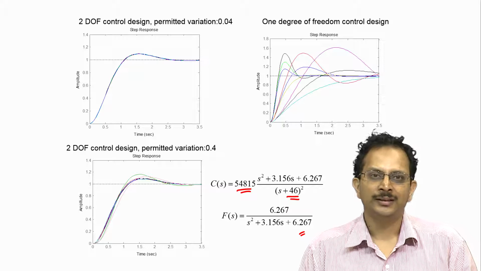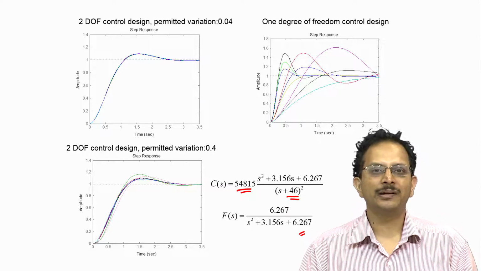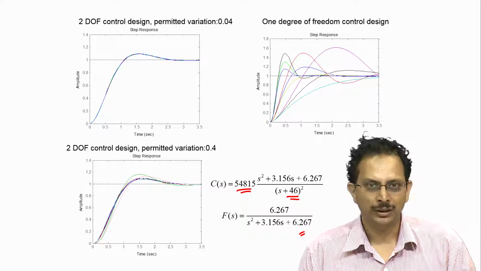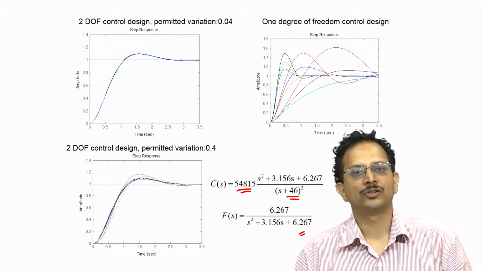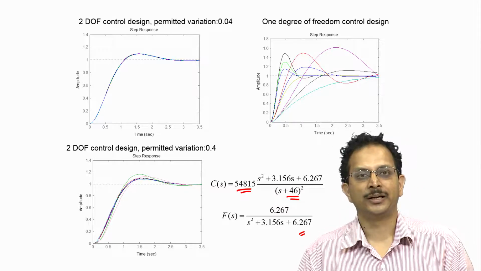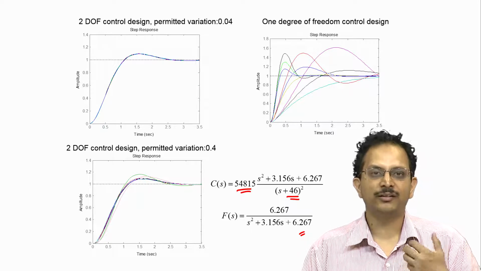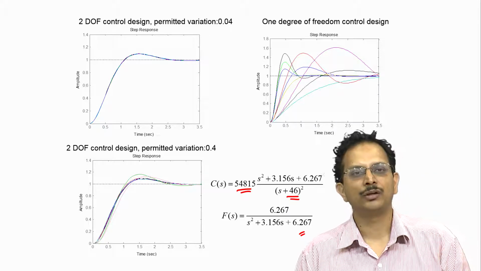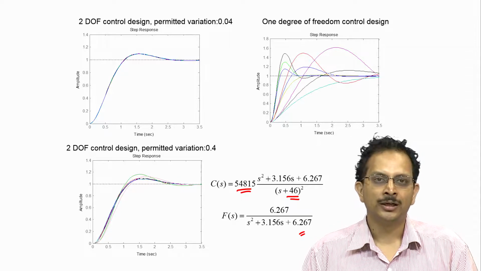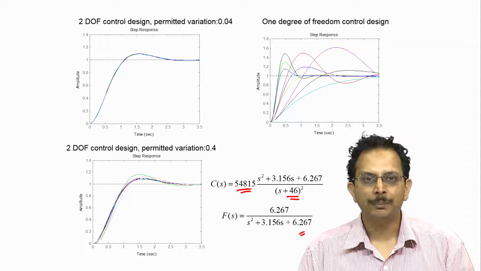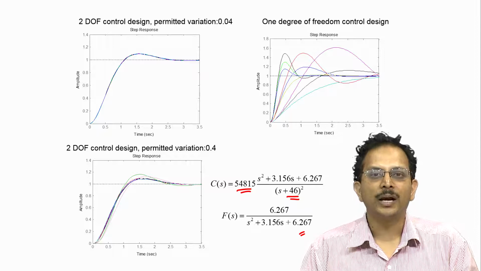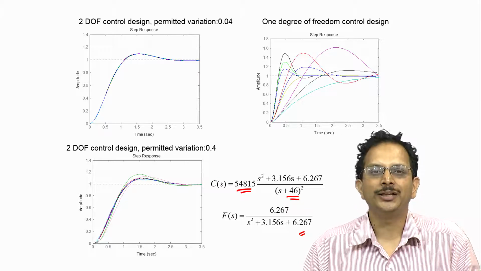Hence we have seen in this clip that it is possible for us to address the problem of independent variation of two parameters of the plant and design a control system that achieves a specified amount of robustness in the face of independent variation of these two parameters. What we shall do next is look at how we can take up a slightly more challenging problem where we have more than two parameters of the plant that could potentially be varying.